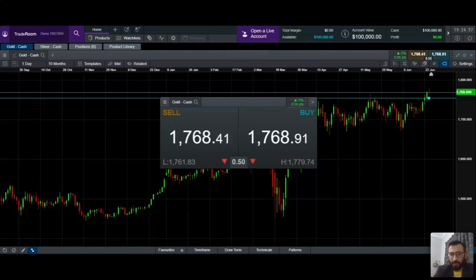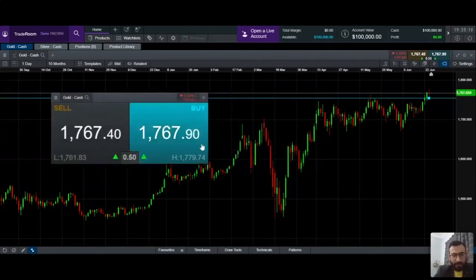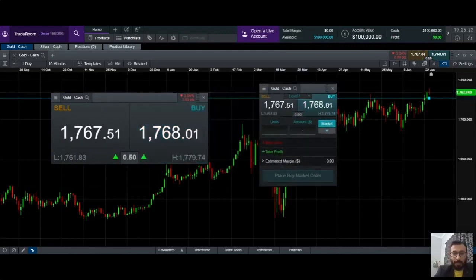Even in the last few days, $20-$25 a day, gold can easily move, which means if gold is moving $20 a day, you have to decide something for yourself. As you can see on the right side, this is a demo account, and I have $100,000 in it. Now, if I have to buy gold, looking at a daily trade, and I close my trade over a day, if I write